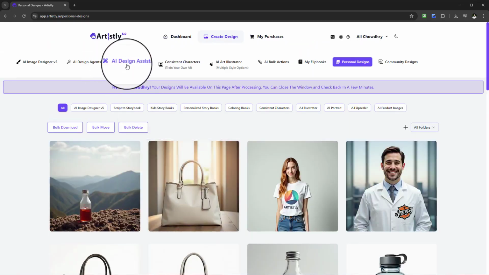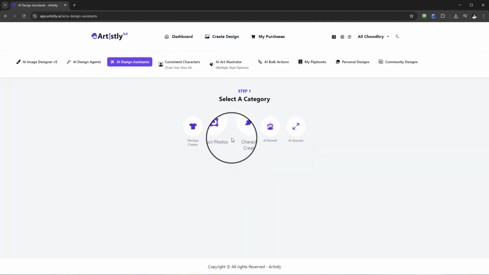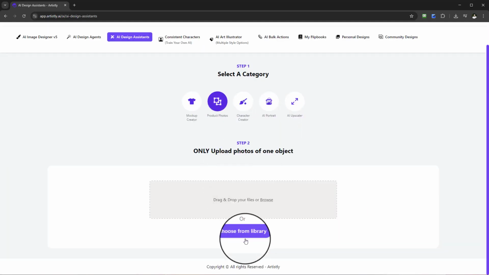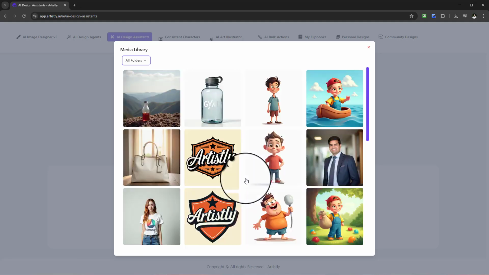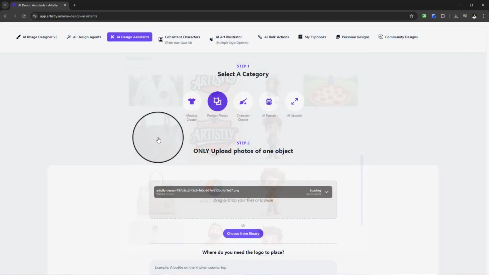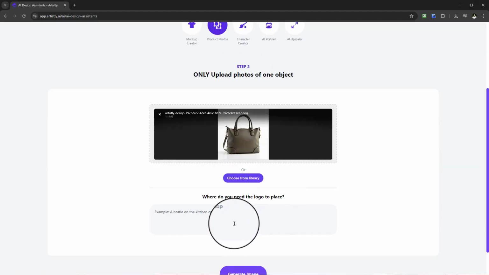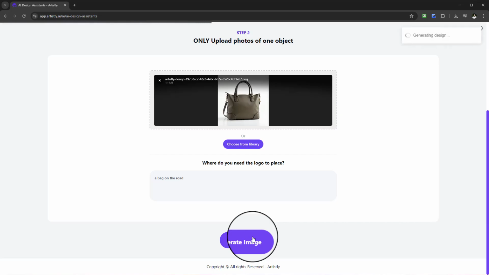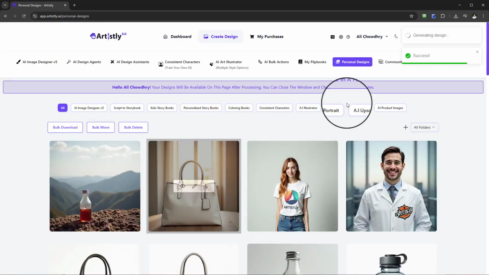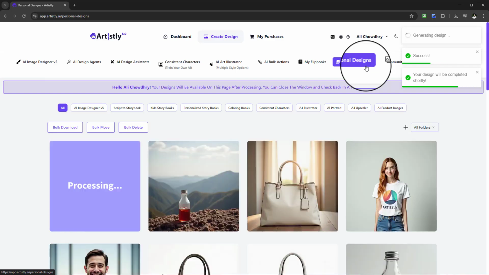just being specific. So if I go back to AI design assistance, let's go for one more product photo. Let's go for another bag. We've got a gin bottle. I mean, if you've got any other products, I think I've previously used a drone in one of them, but let's go for this bag here. Okay, a bag on the road, and select generate image. And then once it's processed, we get redirected again to the personal design section, where we